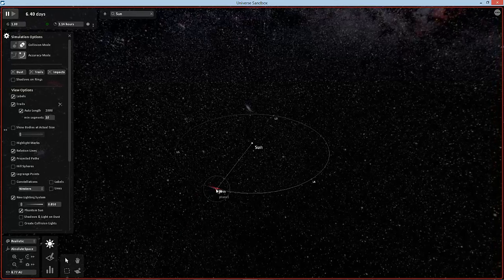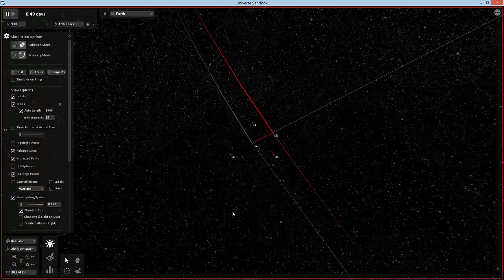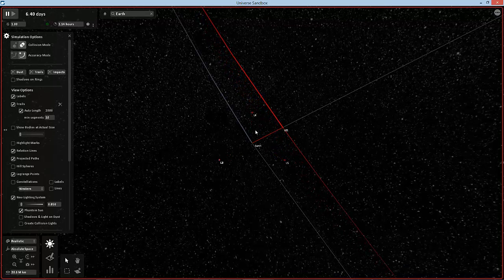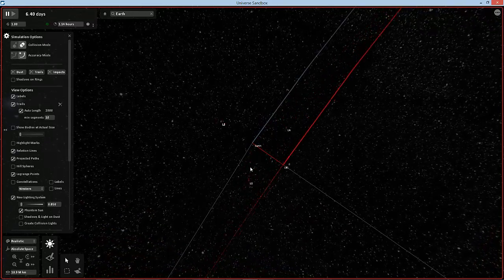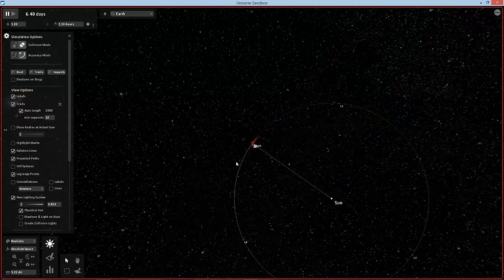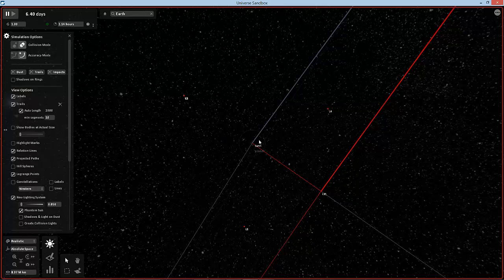Now let's focus this on Earth. Now, as far as this goes, you got the L2, and this is also important to note. If we wanted to, and this is not accurately represented, but if we wanted to, we can actually go out and put a satellite here, and this is what we're doing with the James Webb telescope. We're putting it at the L3 or L2, sorry about that,